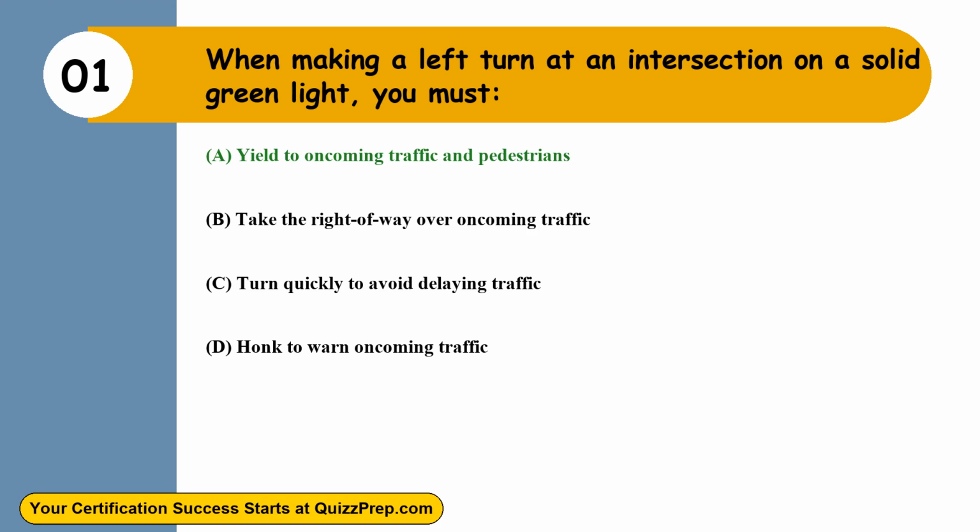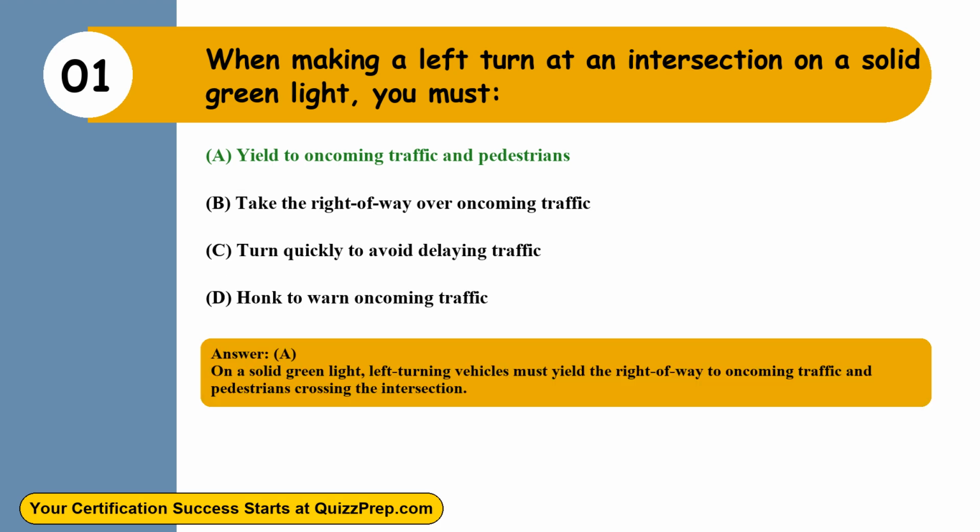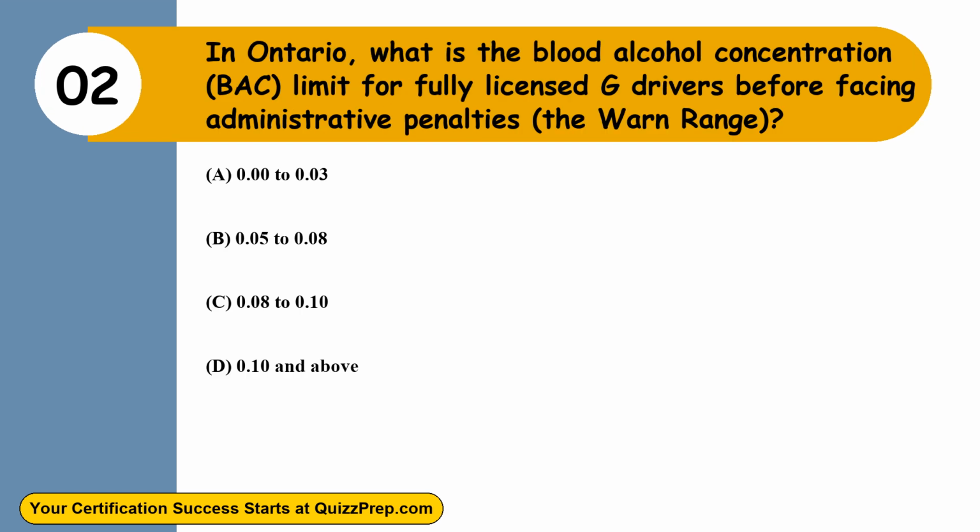The correct answer is option A. Yield to oncoming traffic and pedestrians. On a solid green light, left turning vehicles must yield the right of way to oncoming traffic and pedestrians crossing the intersection. Question 2. In Ontario, what is the blood alcohol concentration (BAC) limit for fully licensed G drivers before facing